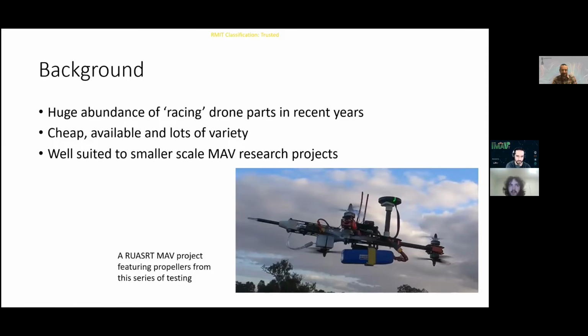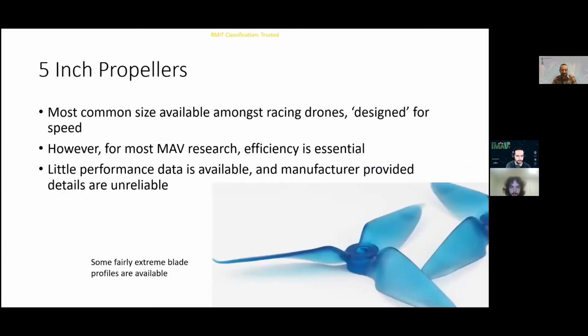So they're really abundant, but there's not a huge amount known about them. The most common size that we see is 5 inches. That's the most common racing drone size. And they're obviously, as the name implies, racing drones, well and truly designed for speed, high power, and efficiency is effectively a byproduct. Now, in general, with MAV projects, we don't necessarily care too much about extreme speed, and efficiency